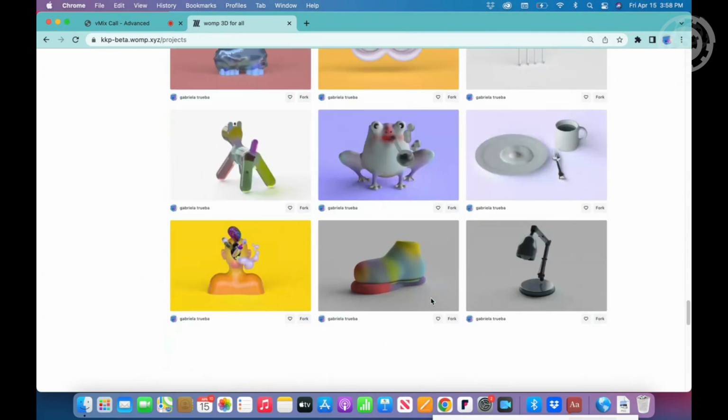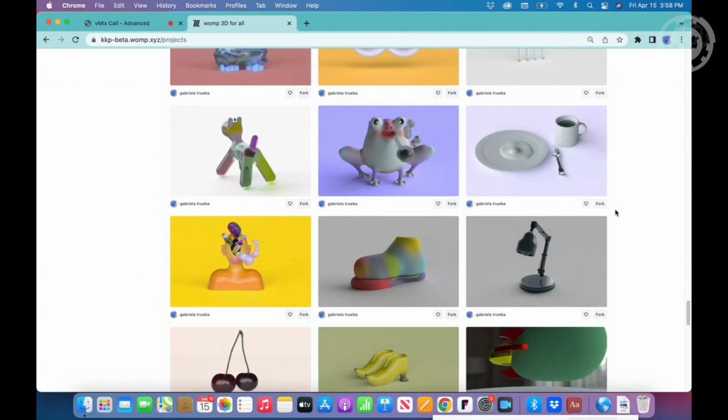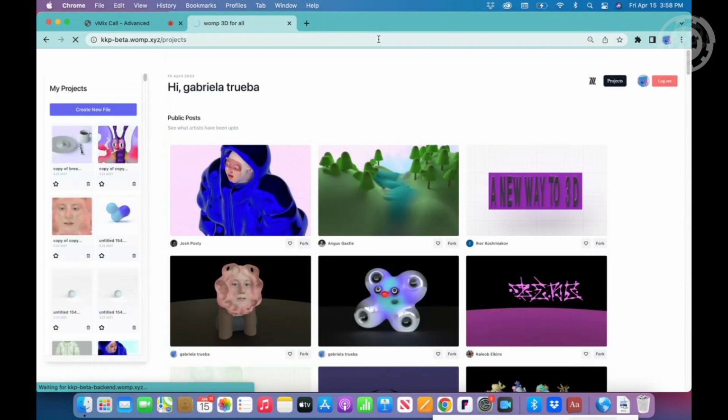I'm trying to find something that's not cartoony, but I don't think we've made anything. Oh, I guess I have my little egg scene, which is a pretty cartoony scene. And of course, as you guys know, the files are very small in size because they're based on a primitive list of things.